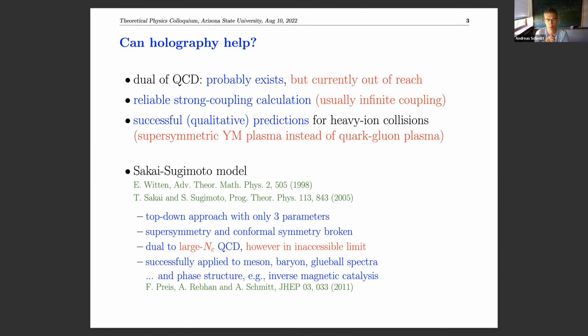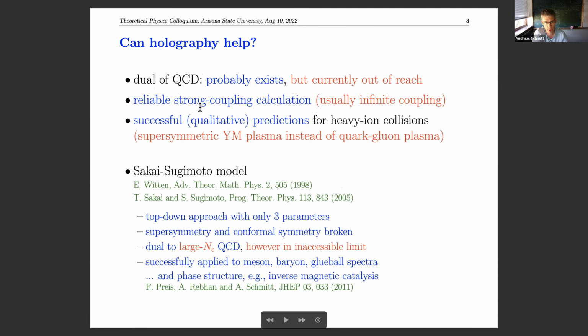Now the question is, can we use this for QCD, right? The best established version of this duality is the so-called AdS/CFT correspondence, where the field theory is conformal, supersymmetric, but we know QCD isn't any of that. So one of the questions is, can holography help to understand QCD? First of all, you can ask very directly, is there a dual of QCD? From general principles, you might say, yes, this probably exists. But it's safe to say that currently this is way out of reach. So we can't work with a direct dual of QCD. By the way, on this slide, everything green is good, everything red is bad.